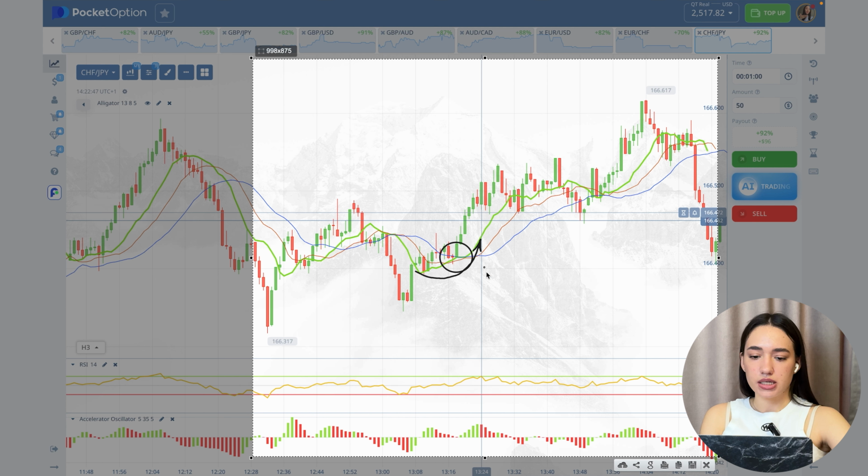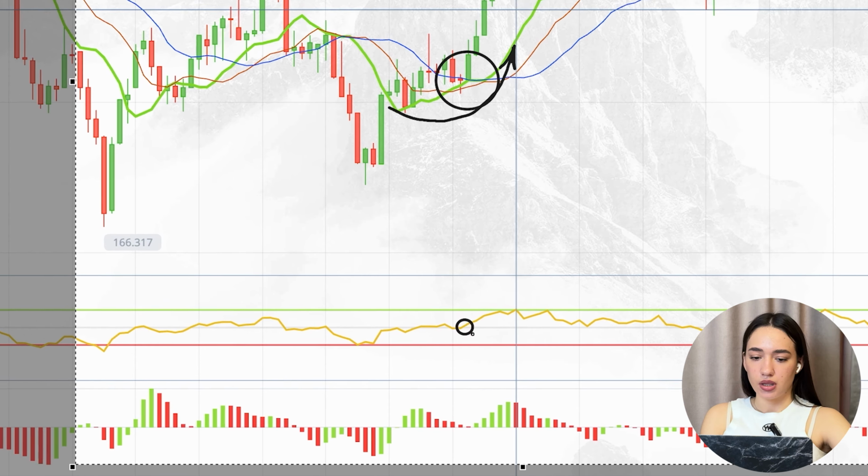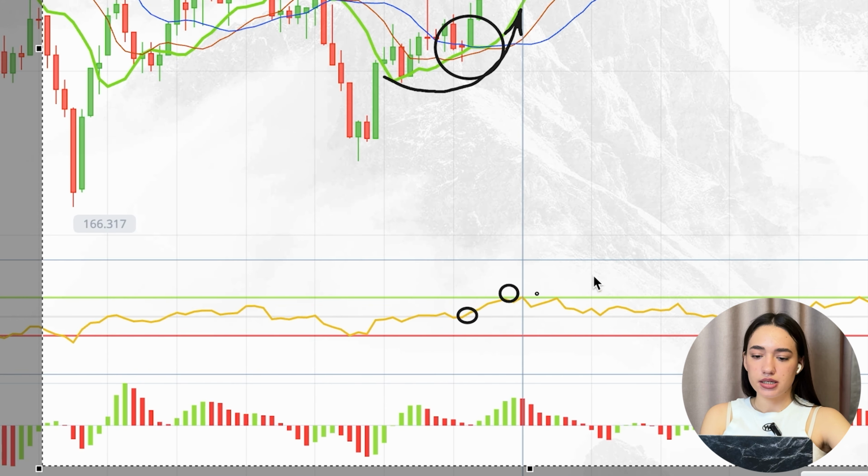So that's the setup for a call trade. And a very important condition here, just listen to me. The RSI line is in the 50 to 70% range, and it's crossing the midline from below upward, and meanwhile